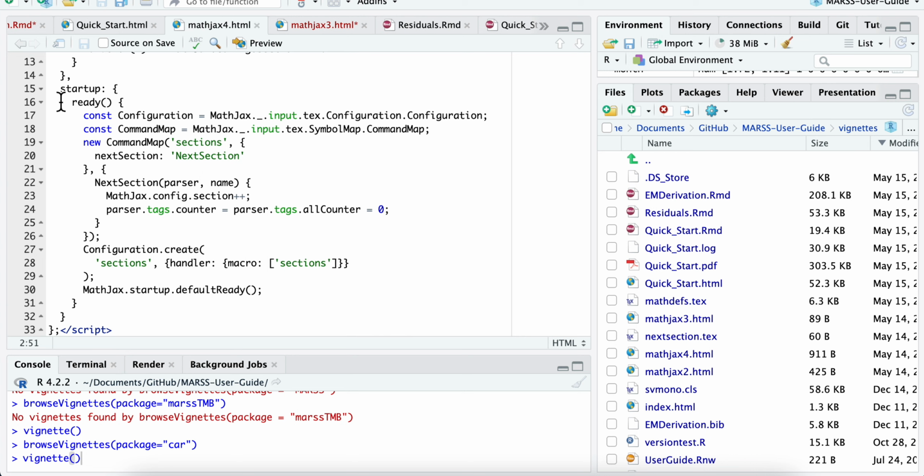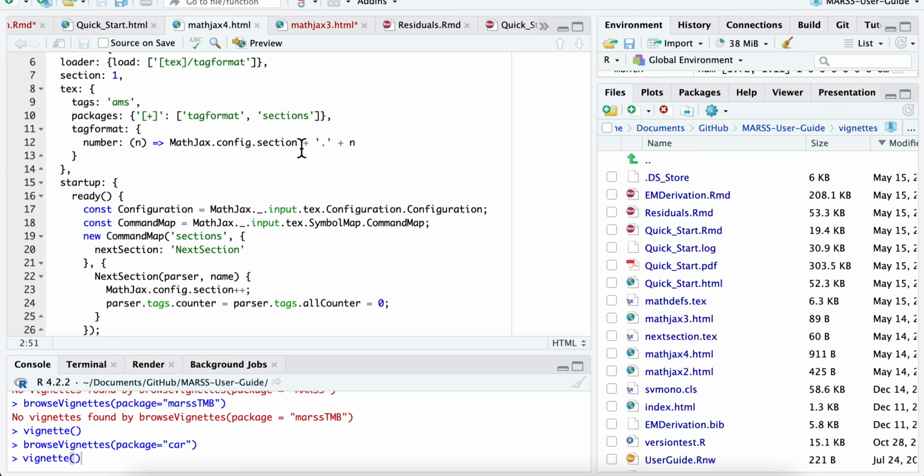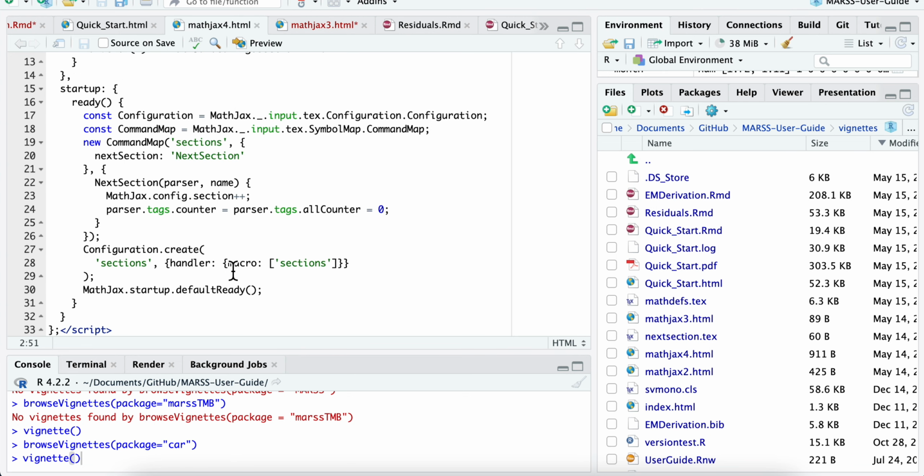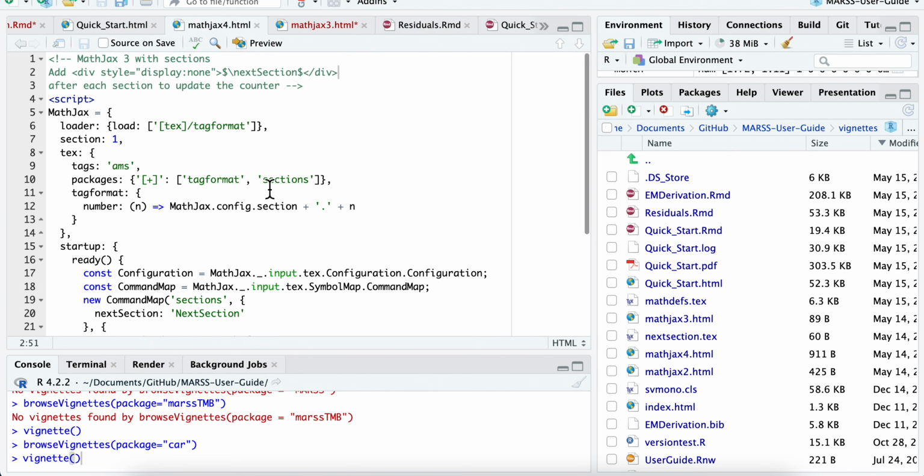And I could have never come up with this code. I was able to find this in, I guess it was an issue in the GitHub for MathJax. Somebody had asked, and the developers wrote the solution. So basically, this code here is creating this counter for you. And it's doing something else on top of that. It's creating a function called next section. And this part here